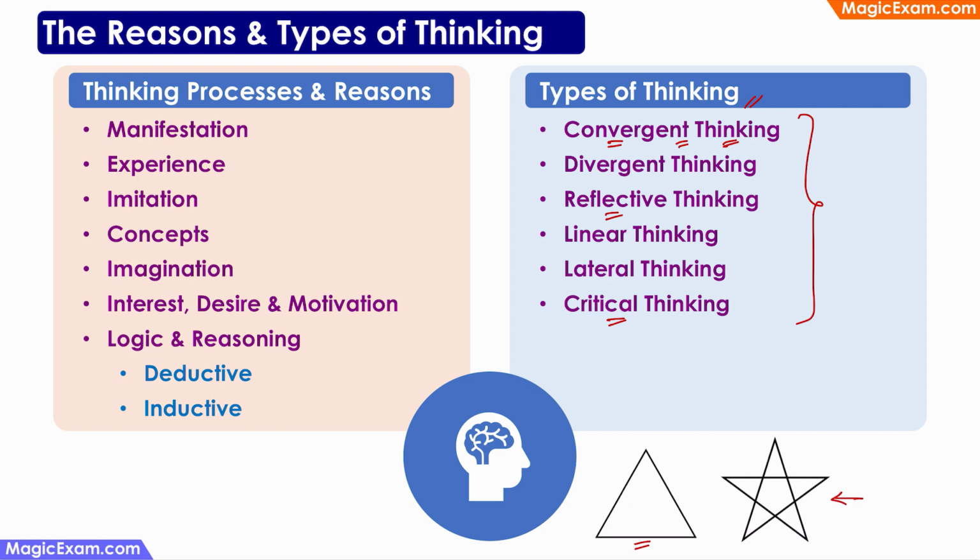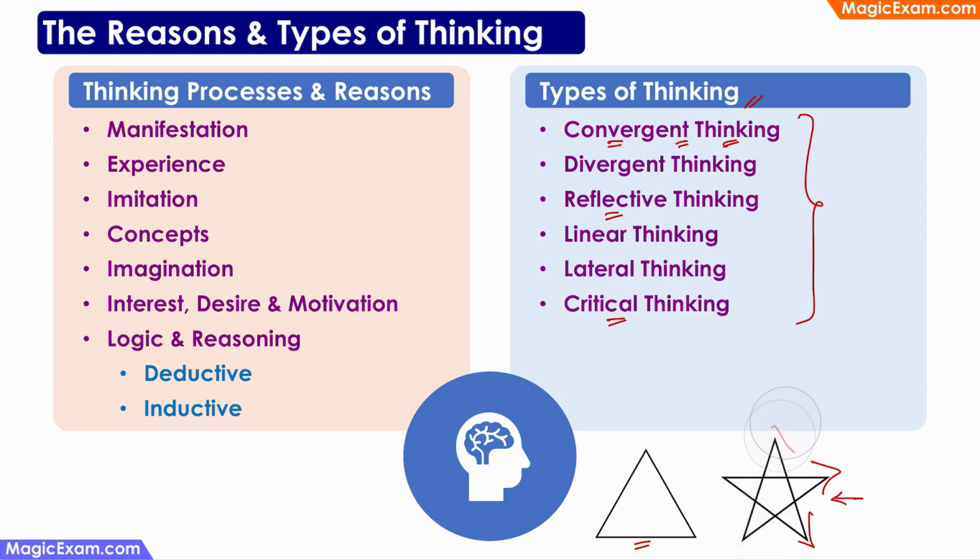In the same classroom, you give the children this star polygon or this star shape and ask them to calculate the area of the star. You have not taught them the formula to be used here. So every child will look at the same problem and they will try to arrive at a solution in a different way. For example, some children might see that there are 5 triangles and there is one pentagon in the middle, which means that if they calculate the area of this 5 triangle and the pentagon and add them up, they will get the area of this star.